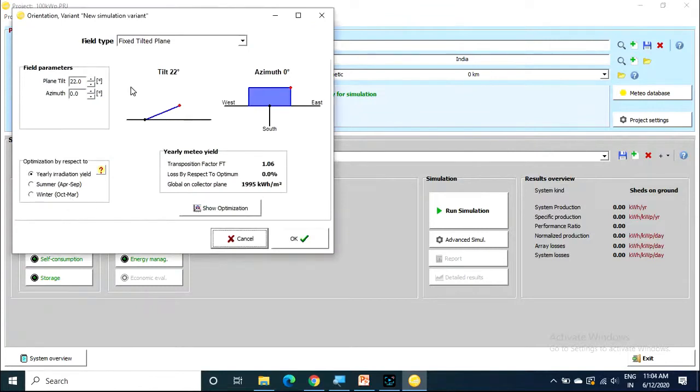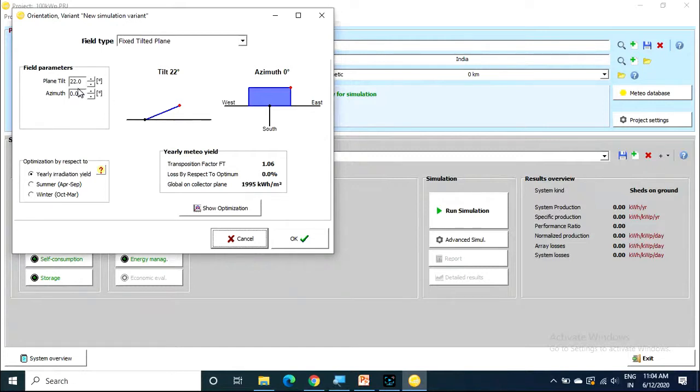In orientation we are choosing fixed tilted plane. Here you have to choose the tilt angle. How can you choose the tilt angle? The tilt angle is optimally near to your location latitude. Warangal location latitude is 18 degrees.